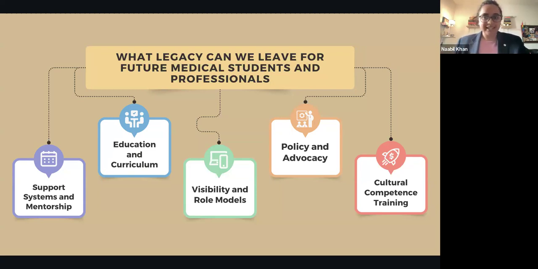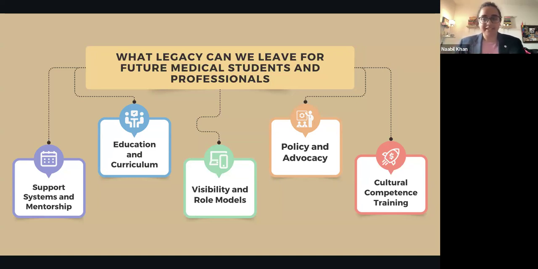Policy and advocacy: it kind of works hand in hand with curriculum change, but actually highlighting the policy changes that need to be underway, especially when it concerns the Medical Students Council, and how much emphasis they're putting on the use of language, how much emphasis they're putting on communication skills within the medical curriculum, will be incredibly interesting to understand, but then also fruitful when you want to potentially make those changes.